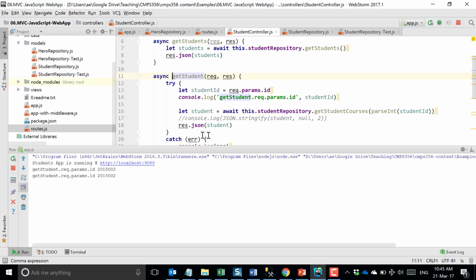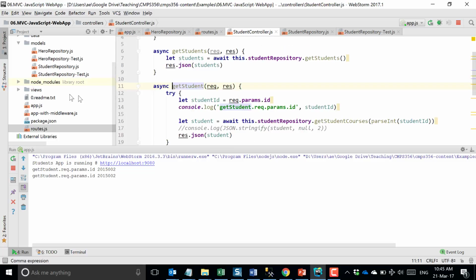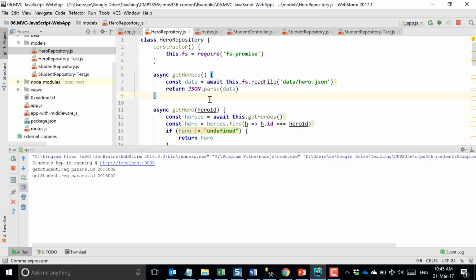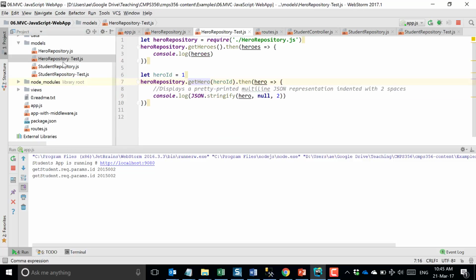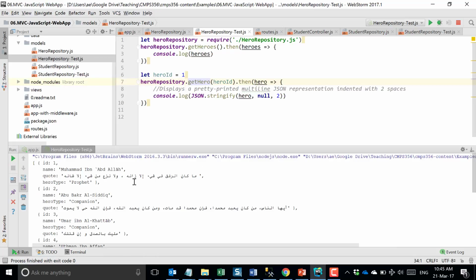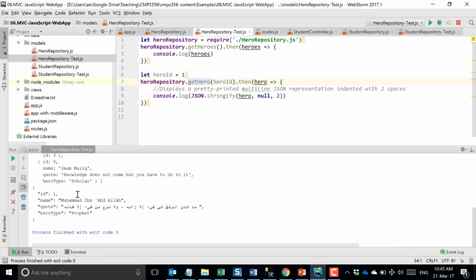Yep. So, for example, here I have heroes as another example. So here is my heroes repository. It is not a web, there is no web in the picture. It's just a set of code that reads and writes to files. In fact, if you see here, I can test my hero without even getting the web or Express involved. I can basically right-click here and run this, and I'll get my list of heroes here,